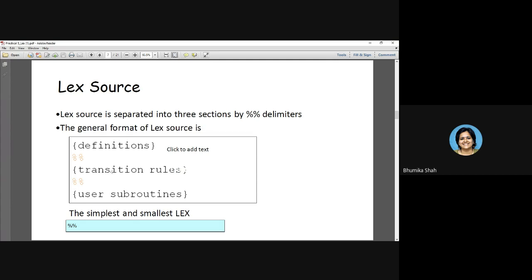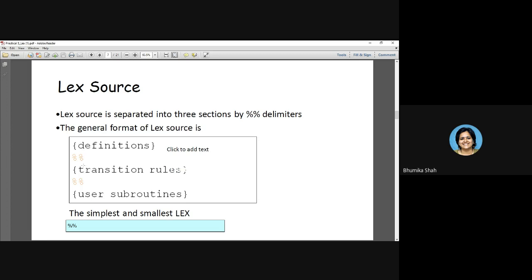The second part, that is the rule action or transition rules, is the heart of any Lex program. All 3 parts of a Lex program are very important, and any Lex program is always going to be very short and simple. So writing a Lex program is never going to be a headache if you have understood the syntax of Lex properly. So please focus while we are discussing the structure.